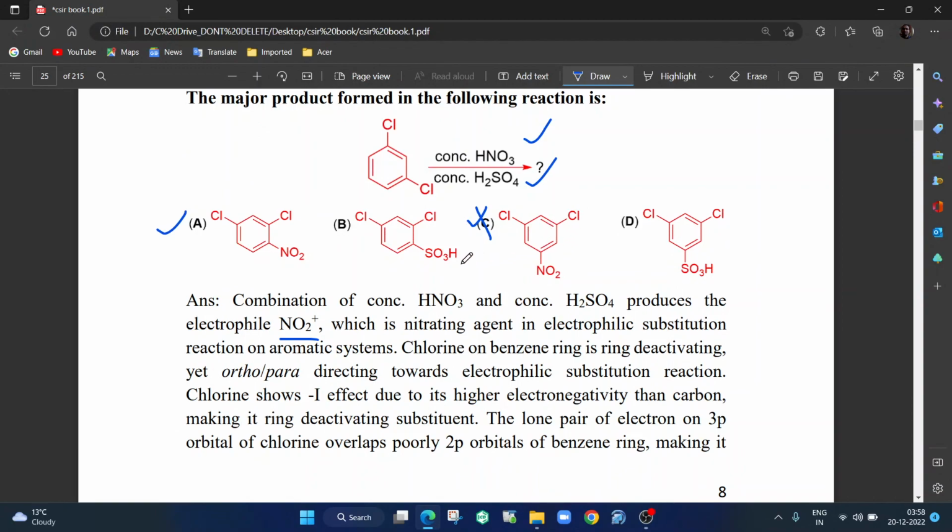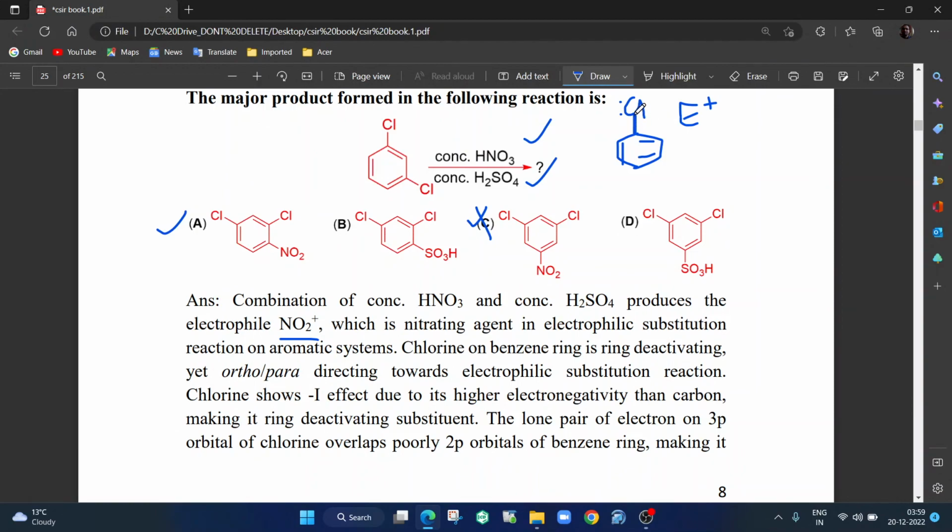Now, chloro, though it is ring deactivating, is still ortho para directing. All halogens are like this. Please understand, when you have a chlorine, it has a very strong minus I effect, and therefore it is a ring deactivating system. What I means is, if you react it with an electrophile in electrophilic substitution, it will react slower than normal benzene. But still it is ortho para directing, because